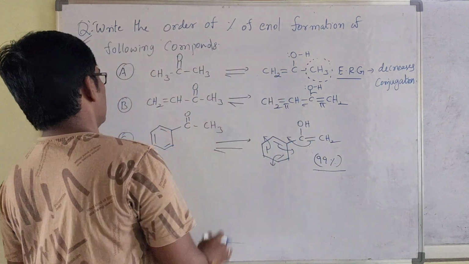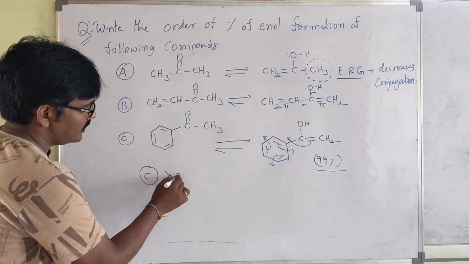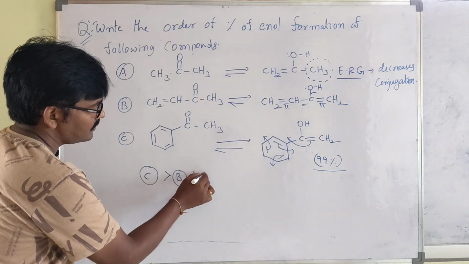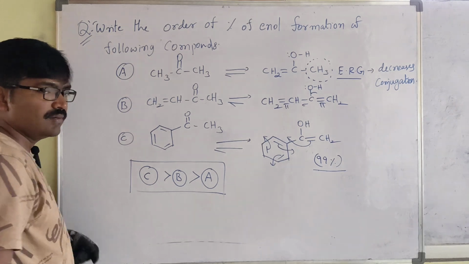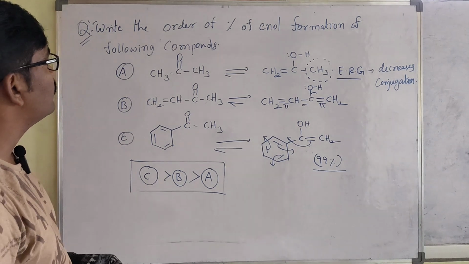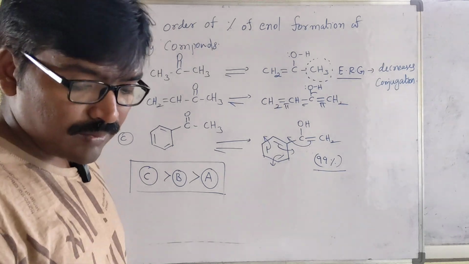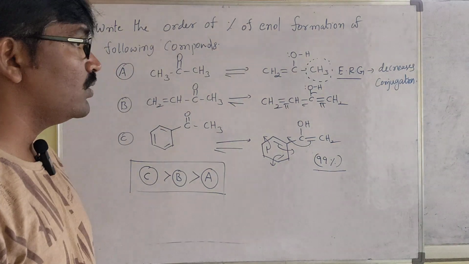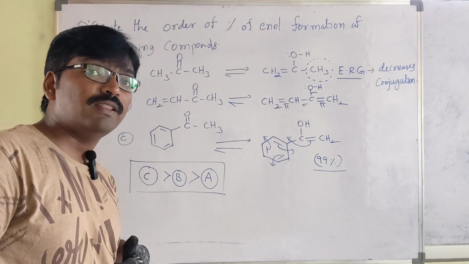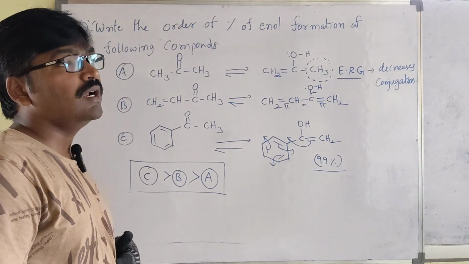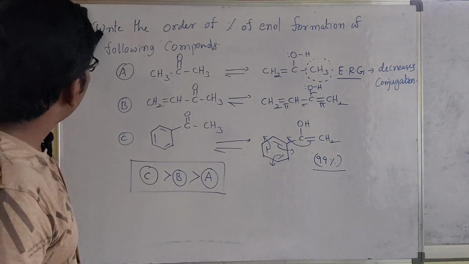Then after this, C is more stable than B, than A. So this is the order of the percentage of enol formation of these compounds. Clear, all of you? Now we will see some other compounds, sir, which types of compounds can form more enol content than ketone. We have to observe where enol formation is higher compared to ketone. So look at